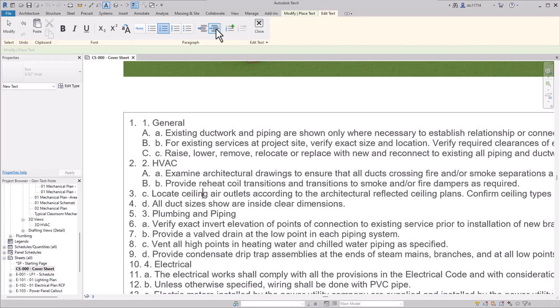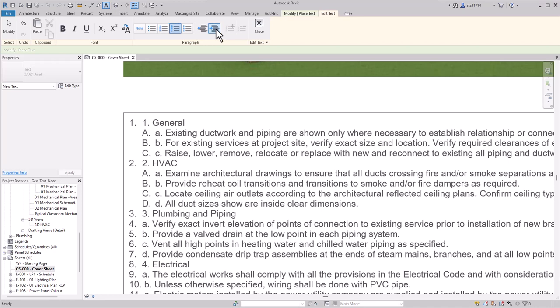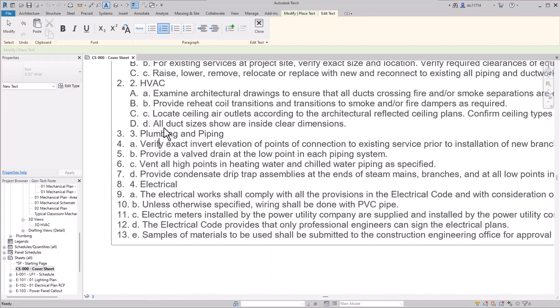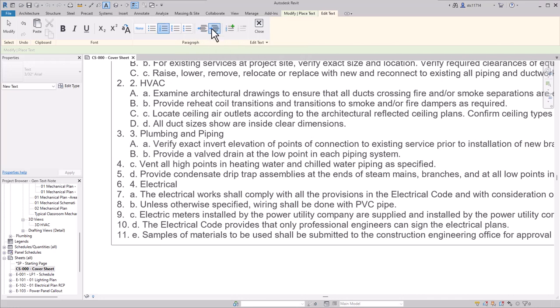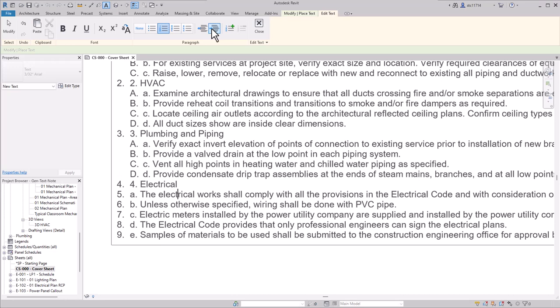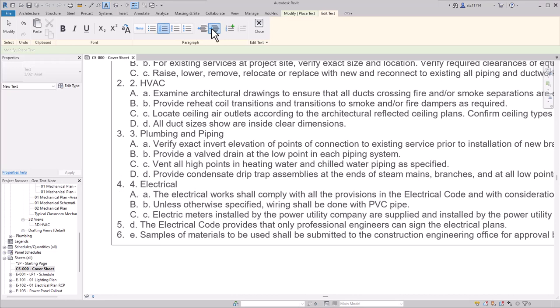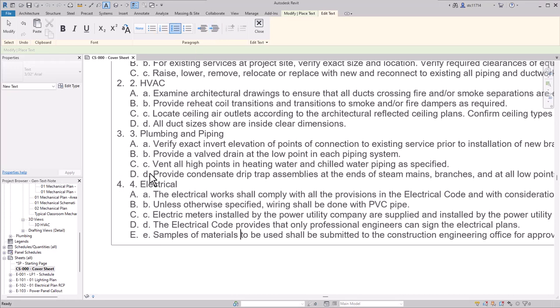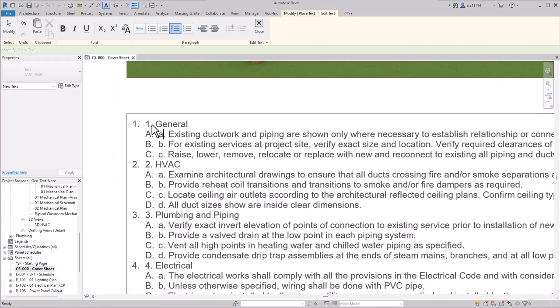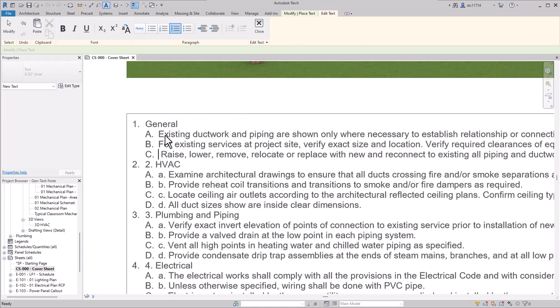Again, underneath the number 2, I will get A through D. Then I will click underneath number 3. Again, indent each of the lettered ones. And then finally, there's 5 underneath electrical. So you can see the original text labels and then the ones that I placed in here. I'm going to need to do some cleaning up to get rid of the ones that are just text. So I'm going to do some backspacing and deleting to get rid of these extra labels and text.